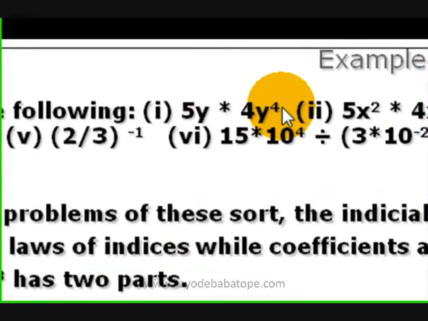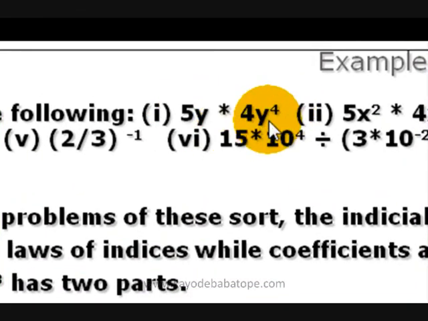So in this kind of problem, you treat the indicial parts separately with the laws of indices, and then you treat the coefficient parts separately with the normal laws of arithmetic calculations. So therefore,